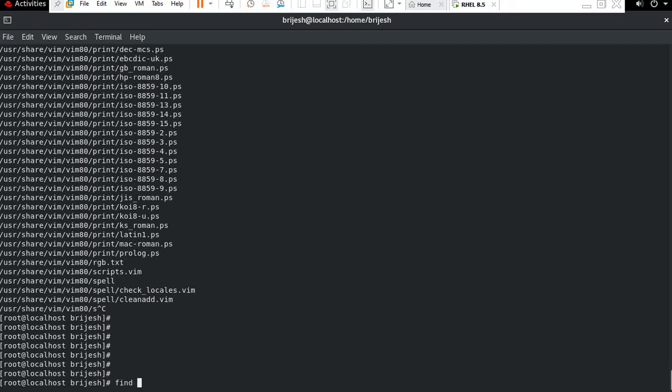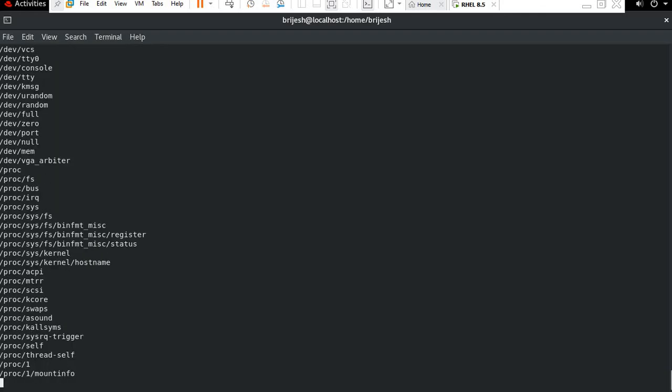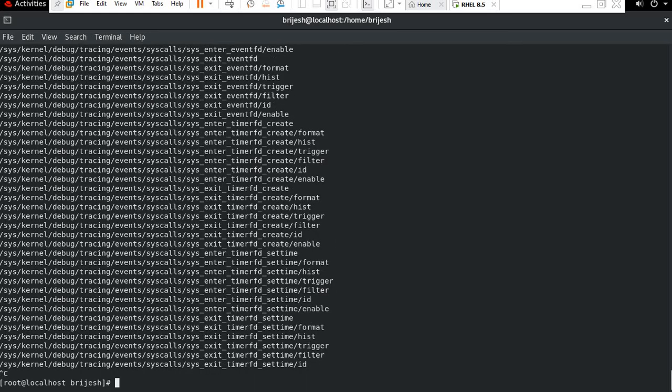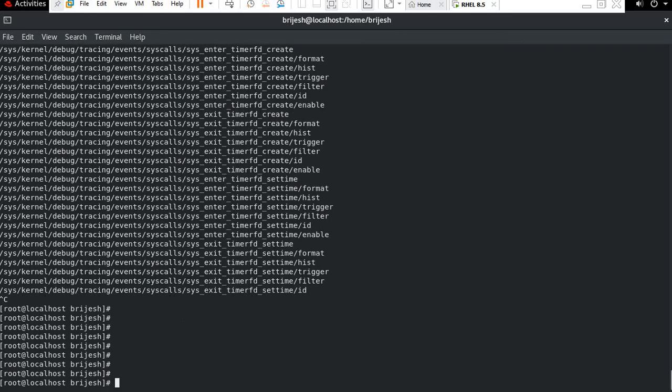Just type find, space hyphen mmin plus 20. It will also show all the files. Then press ctrl c to stop it. Or if you want to check within 2 minutes, we can also check that.